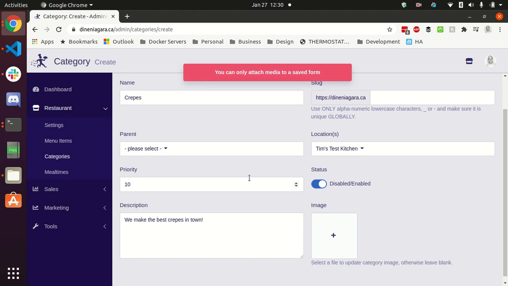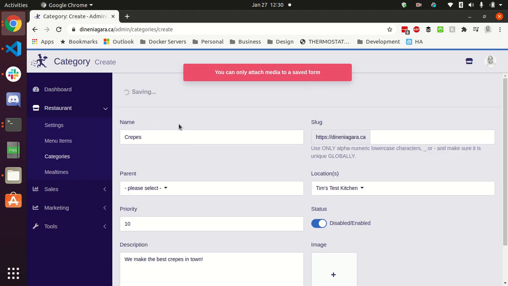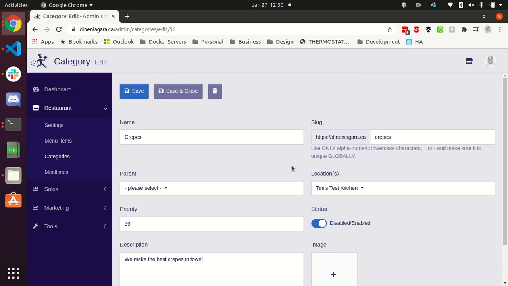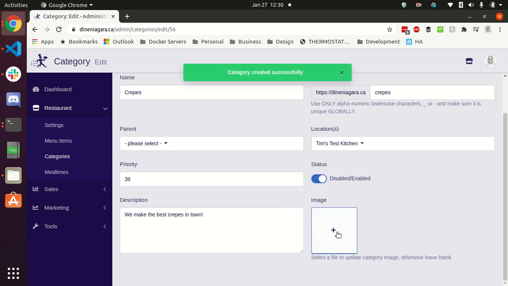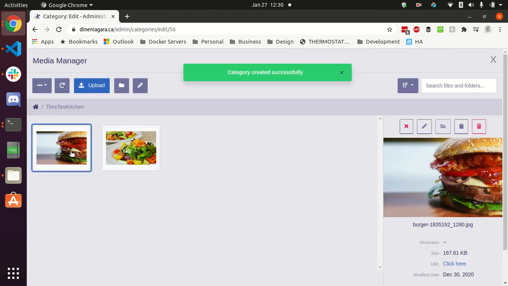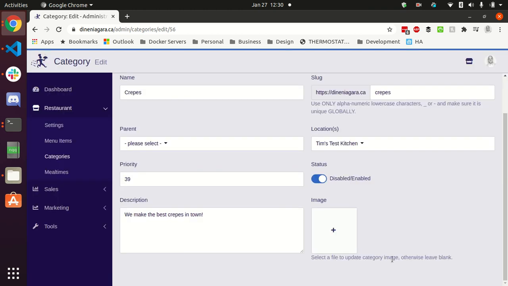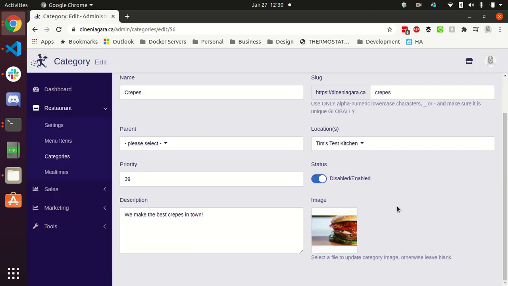Great way for us to show this to you. You get an error if you haven't saved it already. So in this case, I actually have to save this first. Now that this has been created, now I can create the image. It's a funny looking picture of crepes, but what the heck. And I'm going to attach it. Okay? And if I want to get rid of the image, I just hover over it, click delete, and we're